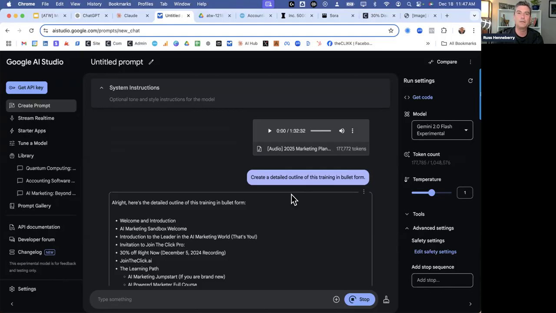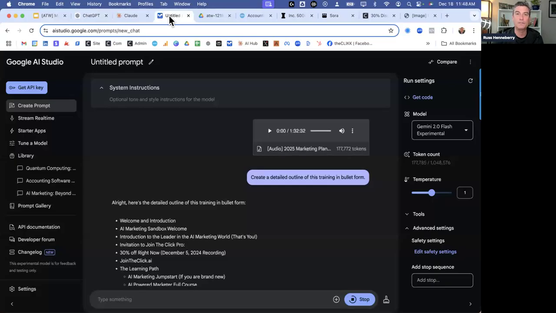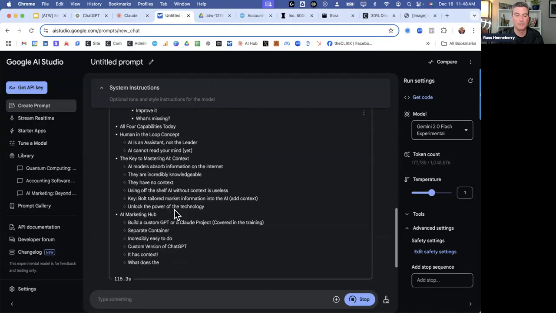Now, when I ask it to go ahead and create the outline, one of the things I might want to be doing is making sure that it's seeing, yeah, AI Studio, you can go and use this for free. It's just part of Google. Now, remember that Google is at a tremendous advantage here. And while everybody's talking about ChatGPT because they were the first mover, it's time to start paying very close attention to Google because they are releasing some really, really cool stuff. And they don't need to necessarily charge us for it because they have a completely different business model than OpenAI has with ChatGPT.